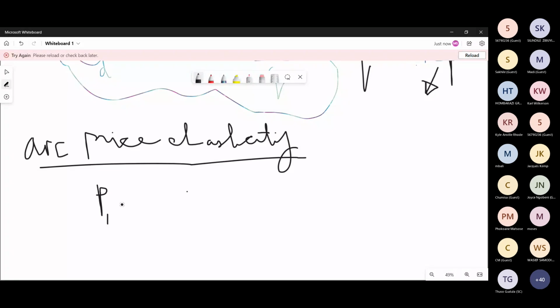So now we have the point P1, Q1. Here P is always the price. And the other point is,